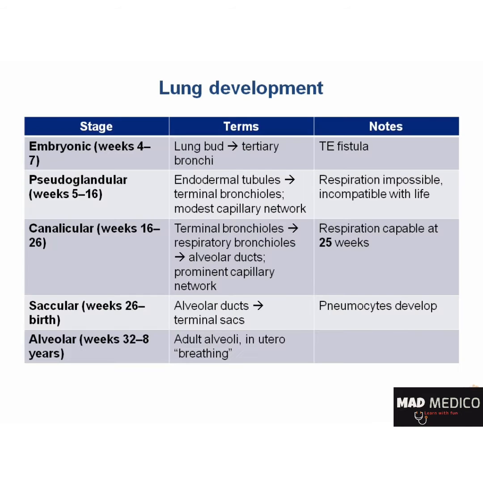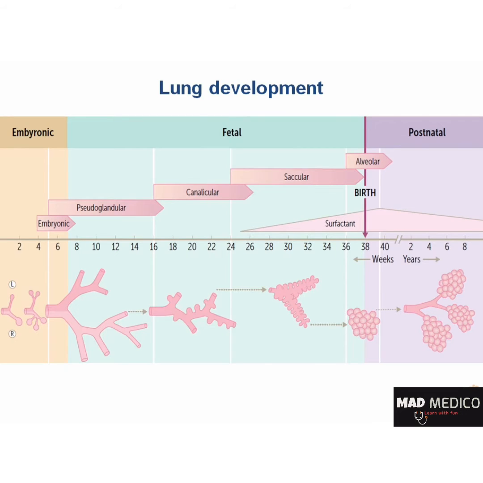Development of the respiratory system occurs in 5 periods. Let's take a look at the image in your first aid text to help us along with this process. The very initial phase is called the embryonic phase and surrounds the development of the lung bud from the distal end of the respiratory diverticulum during week 4.